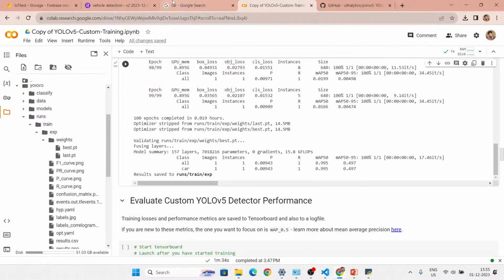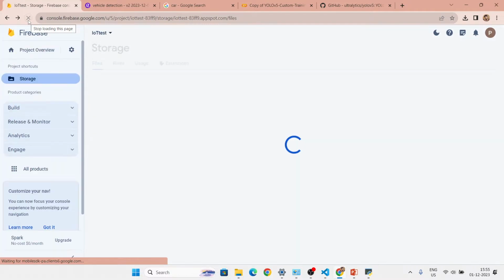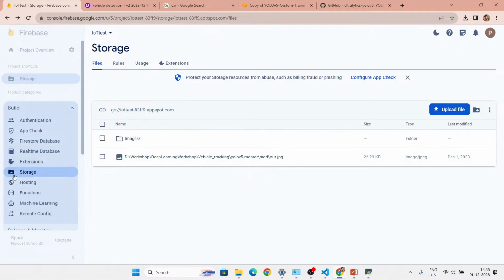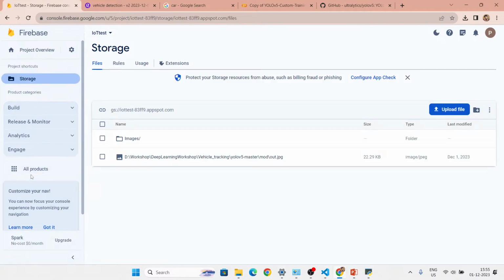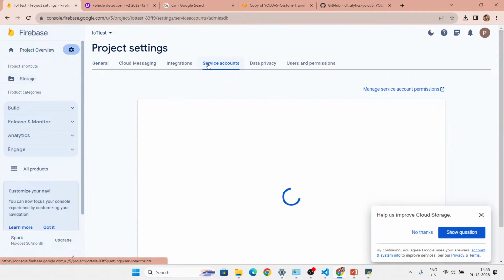Then the next thing is Firebase. I've created this Firebase account. You can create it for free. In the build options, you can create a storage. Then you go to project settings, service accounts, and go to the option to manage service accounts,